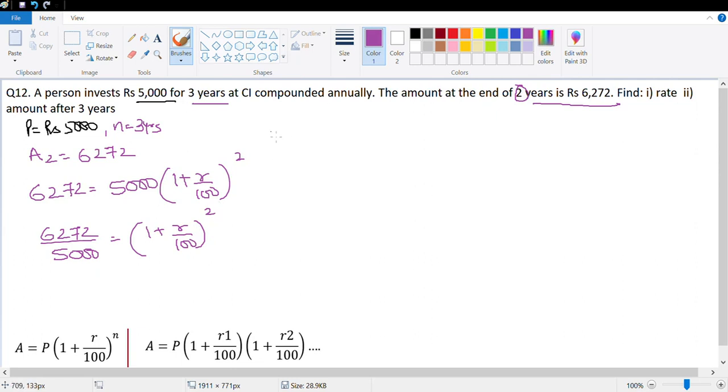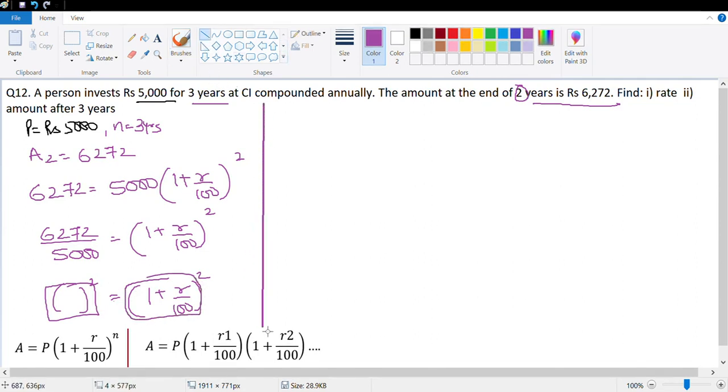By the same logic, what I need to do now is do something with this so that my left hand side is of the form something square. So something square on the left hand side and (1 + r/100) square on the right hand side. If I take square root, whatever is inside will be equal to 1 + r/100. That's my basic objective. So let's see if I can convert 5,000 into a square of 100, or if I can simplify it and do something with it now.